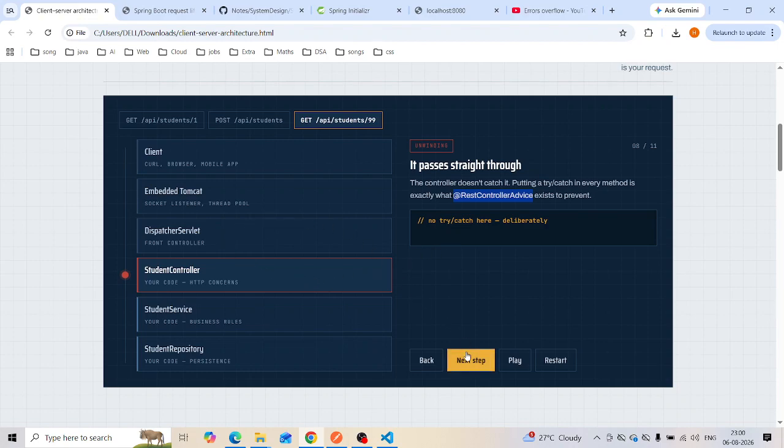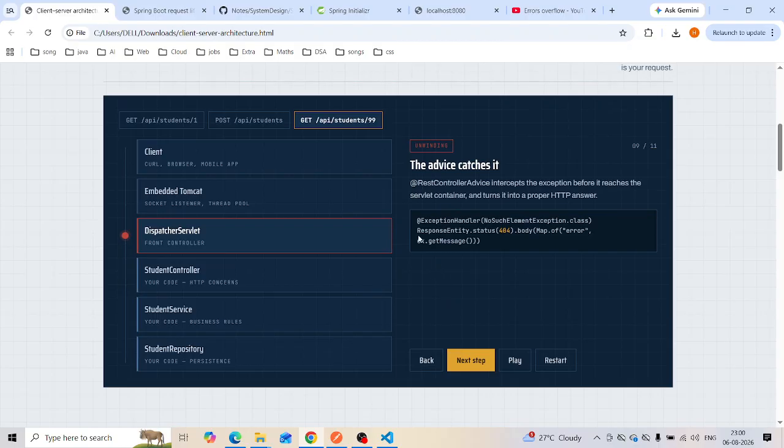Now next, the advice catches it. RestControllerAdvice intercepts the exception before it reaches the servlet container and turns it into a proper HTTP answer.